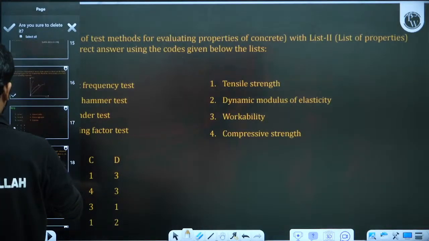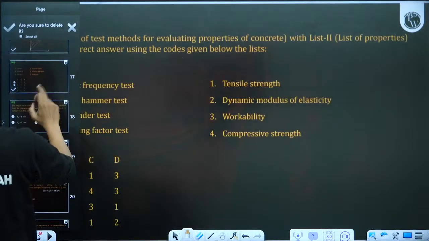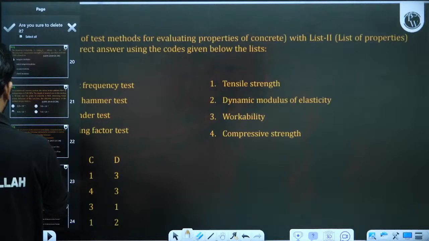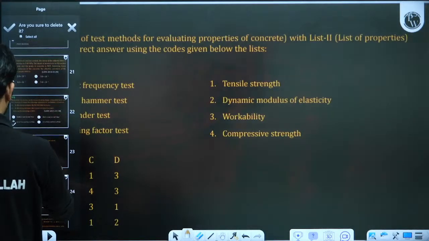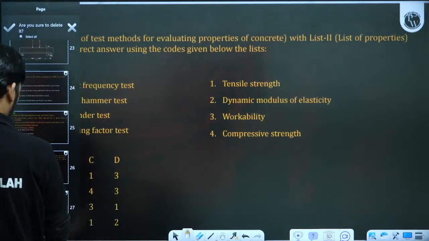Curve question. This curve question you have also done. JKL, PQR I have made. Some questions you have done. Slump increases, VB time increases, you have done this. Air entrainment in concrete, you have also done. So let's delete those questions.